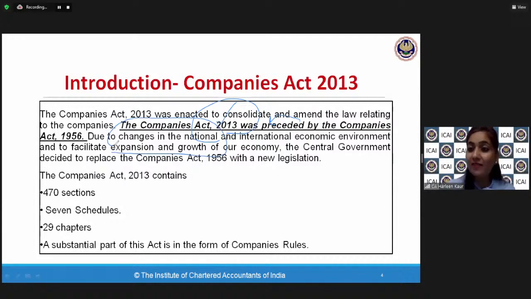I told you, why are we setting up a company? I can only be restricted as a sole proprietor. I want to expand my business, whether nationally or even internationally. I can set up companies outside also. I can have foreign companies also. So in order to have better expansion and growth, the central government decided to replace the act which was having provisions of Companies Act 1956. Now it has broadened it up and it has made certain amendments and consolidated the laws